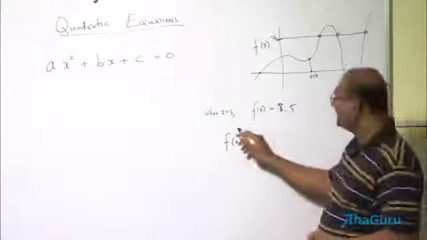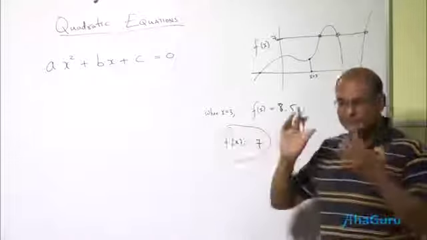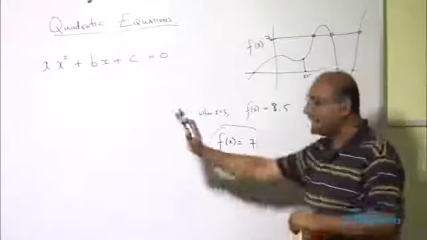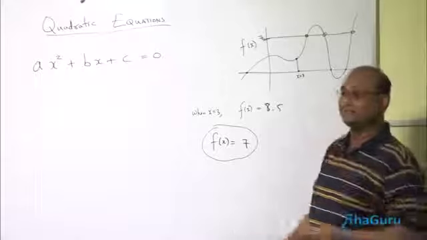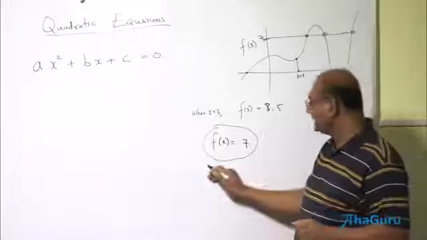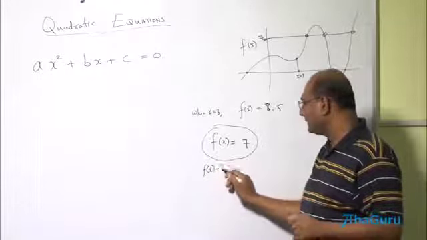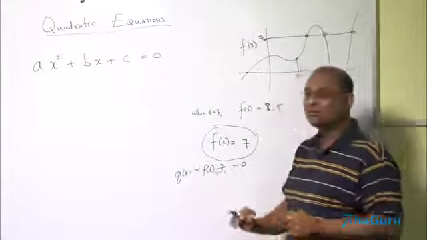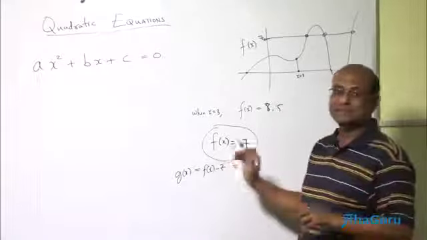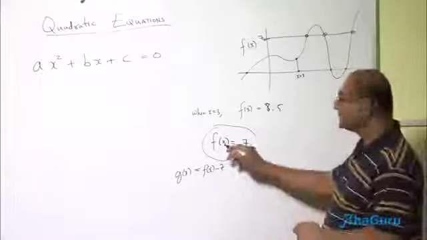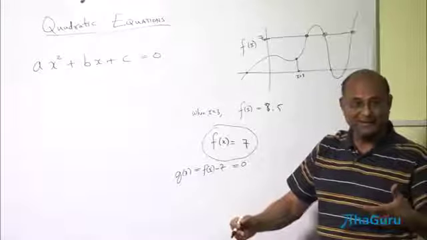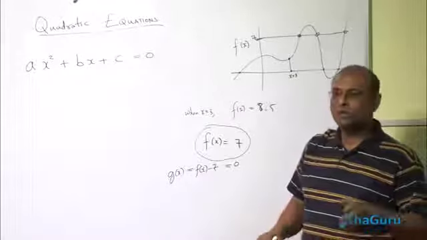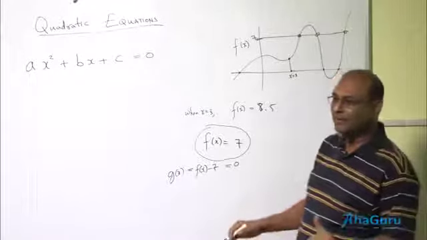But the point is, this is a very complicated thing for a mathematician to think about, because every time this can be 7, 8, 9, 10, 3.6. So you say, let's take it to that side and create a new function. The new function is f of x minus 7. And if this fellow is 0, I will call this new function g of x. So now I will only learn how to solve g of x is equal to 0. Because whenever I have a question, when is f of x equal to 7? The answer is whenever g of x is equal to 0. So you stop worrying about when f of x is 7, you only worry about when it is 0.